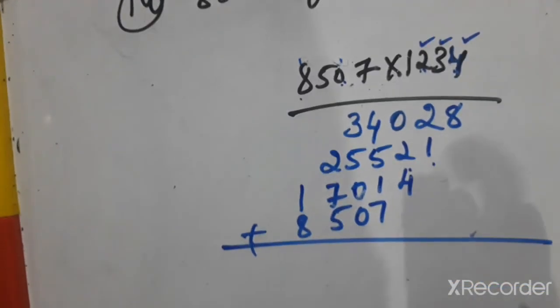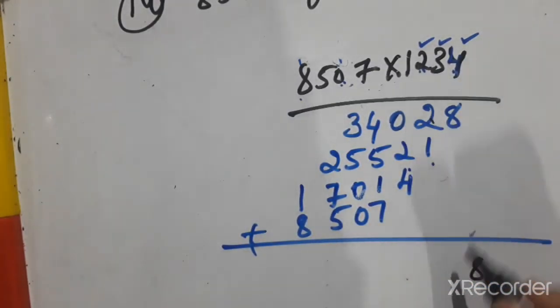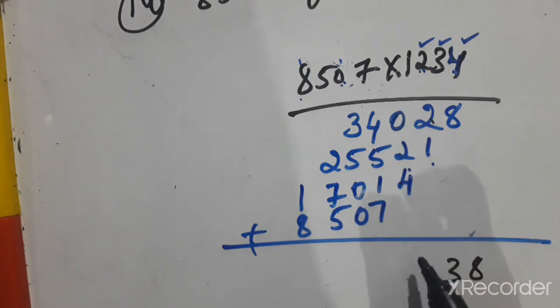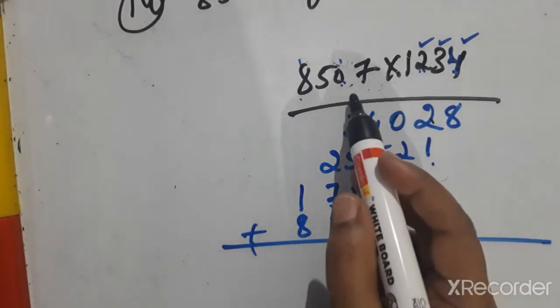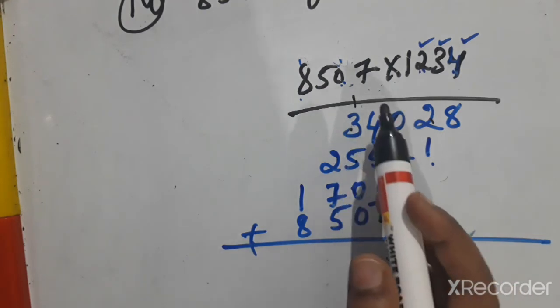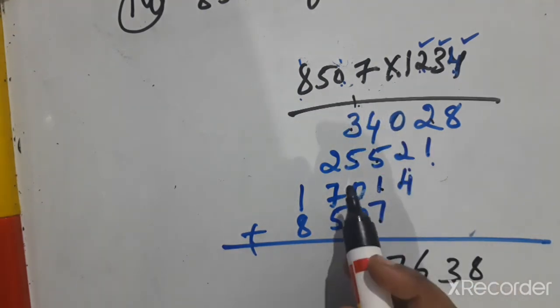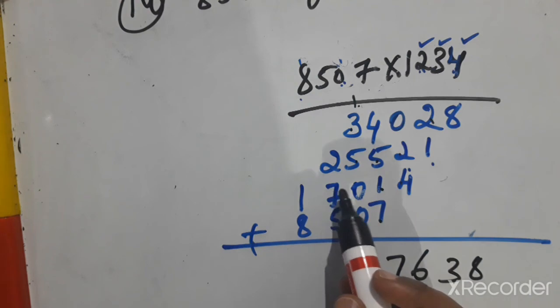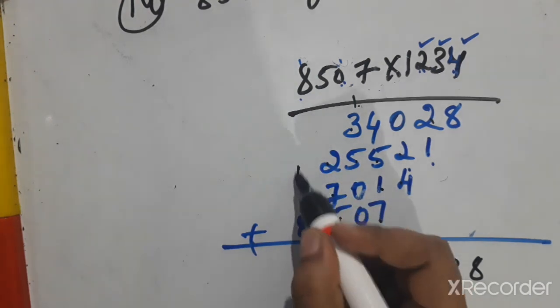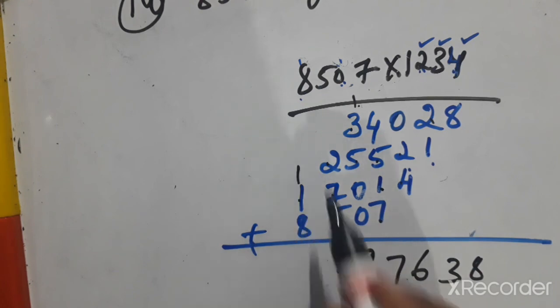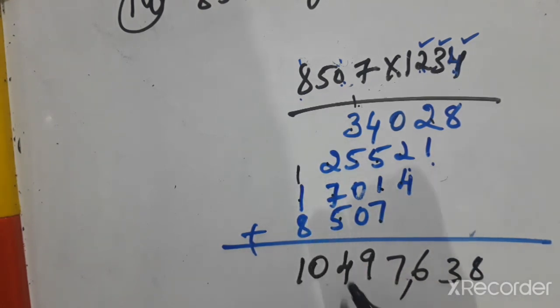Now here 8. 2 plus 1 is 3. 4 plus 2 is 5, 6. 4 plus 5 is 9, 10, 17. 1 carry out to next place. 5 plus 3 is 8, 9. 2 plus 5 plus 2 is 6, 7. 7 plus 7 is 14, 4, 1 carry out to next place. 1, 8 plus 1 is 9. 10. 1 lakh, 1 crore 4 lakh